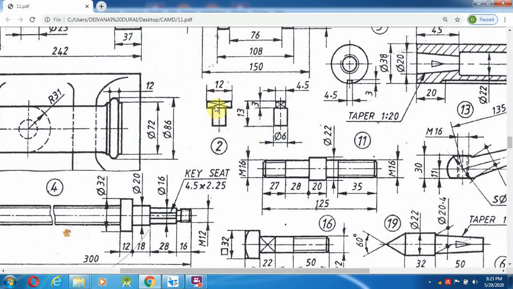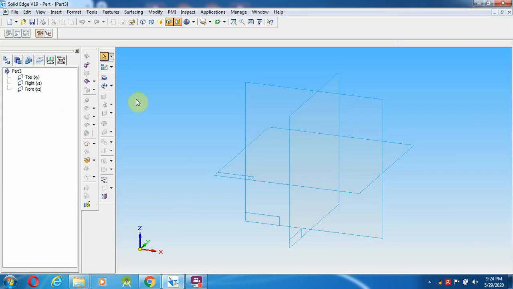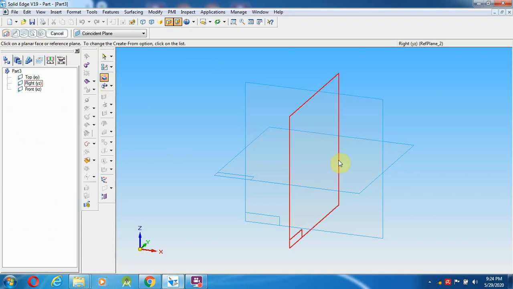In the front view, the length given is 12 mm, the height is 3 and the width is 4.5, and also they have given a pi 6 mm diameter.